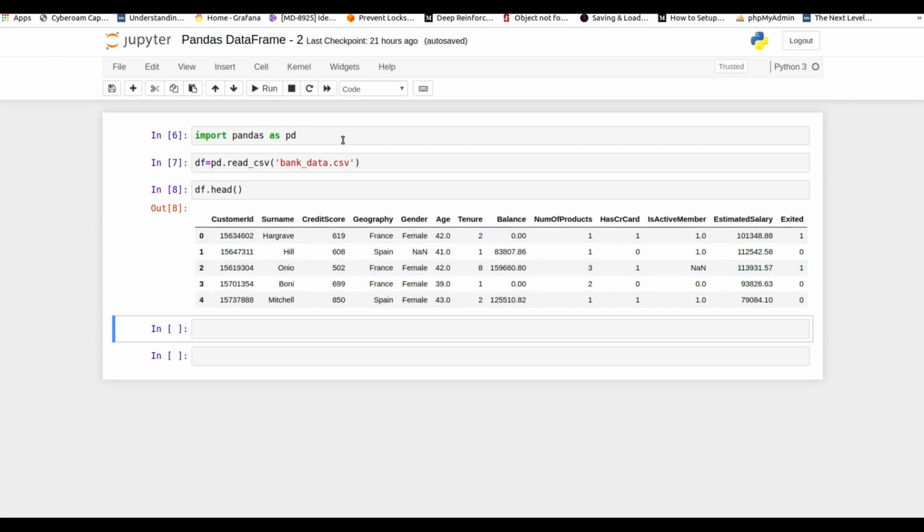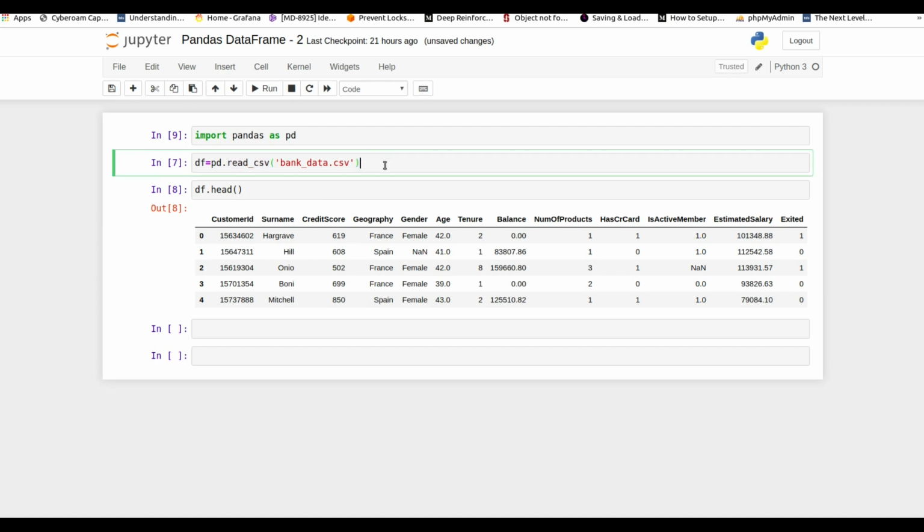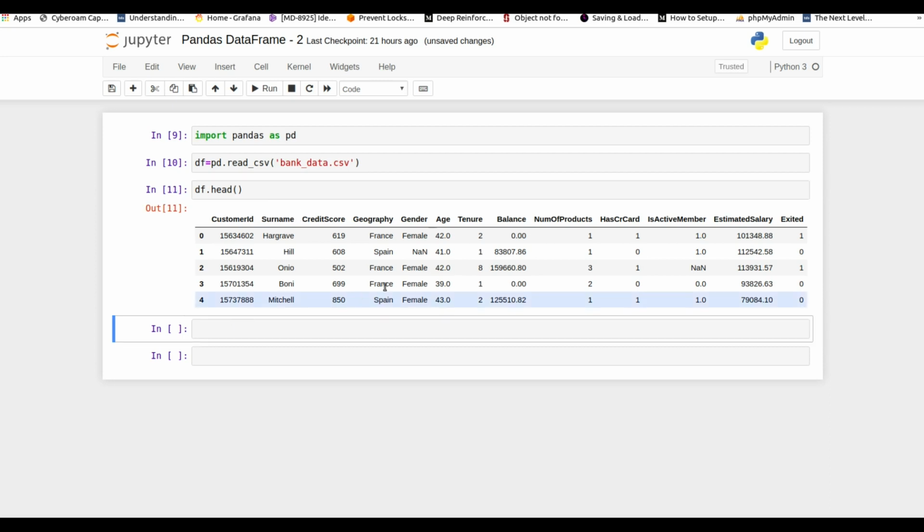As usual, we first import the pandas library in Jupyter Notebook. Then I've taken this bank data, and using the read function, I'm importing the data into a data frame. Then I have used the head function to understand what is there in the data. There are various columns in the data.